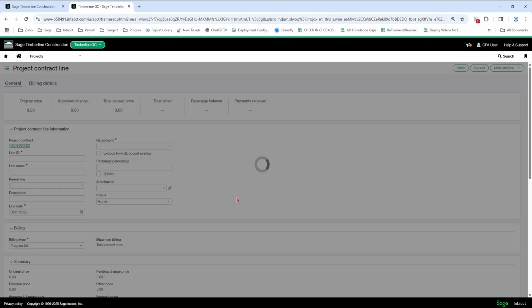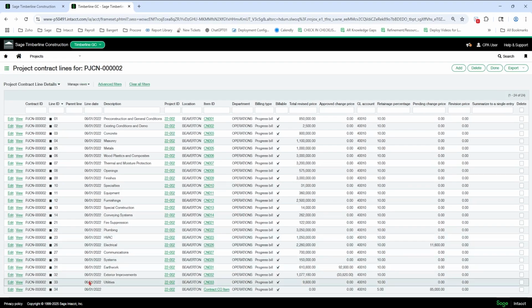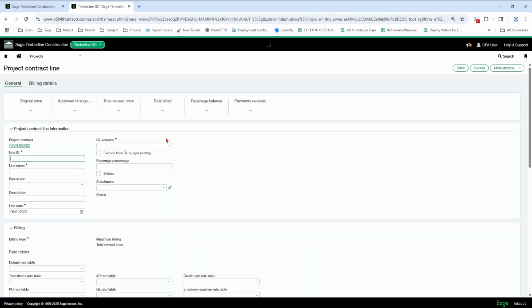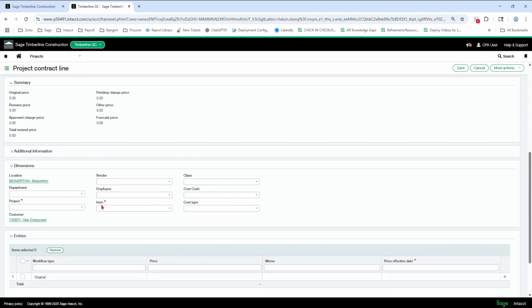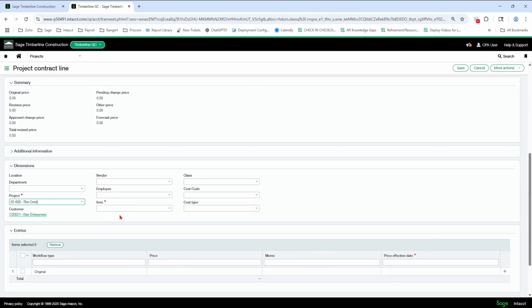Let me see what line we're on here. So we're on line, I did a change order. So I'm going to put 35. I'm going to put the fee at the bottom. There's already a change order in the system, so ignore that one. But we're going to put 35 fee. Usually that's before the change order. So we have this all set up. And retainage probably. Progress bill. So this has to be progress bill, because you're going to type it in.